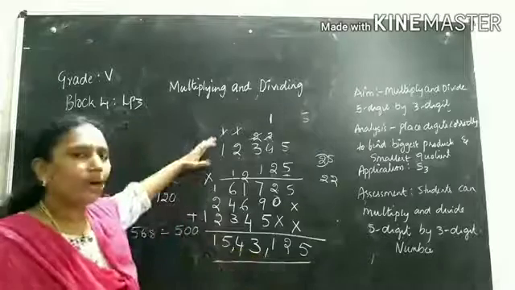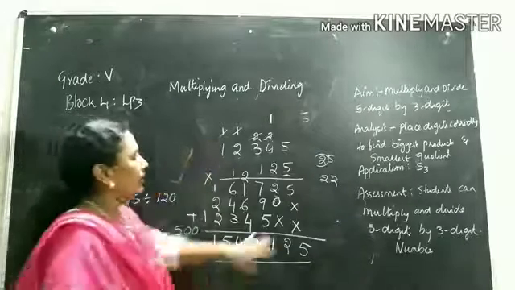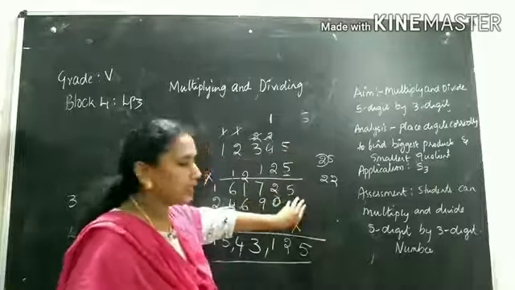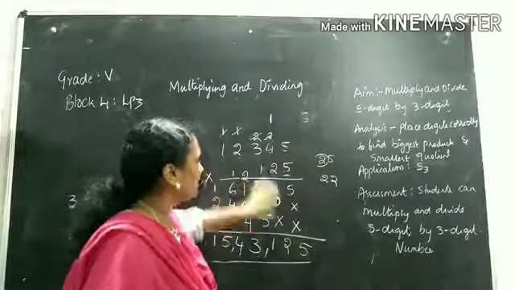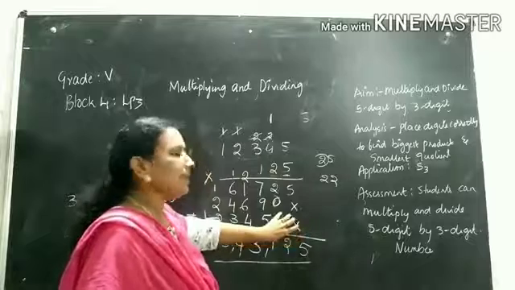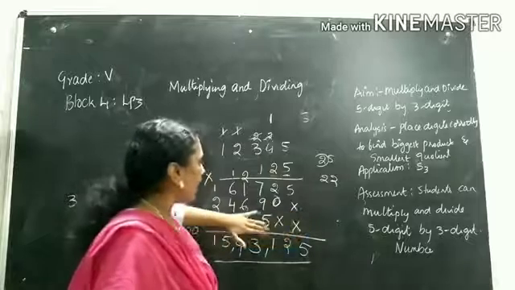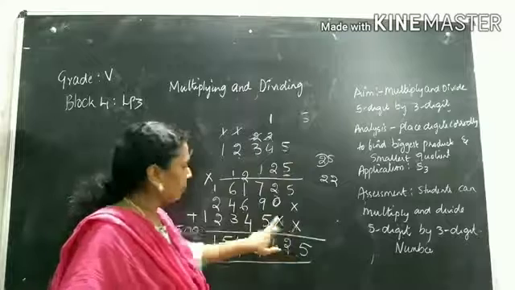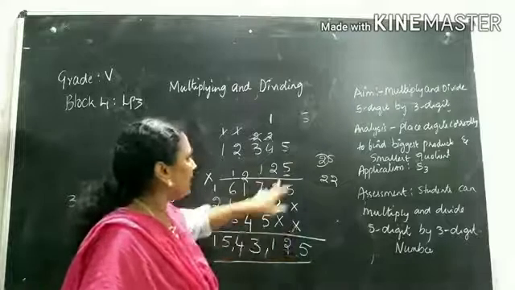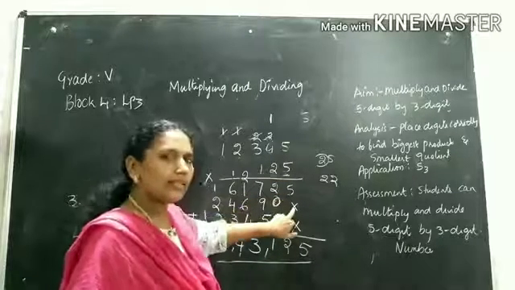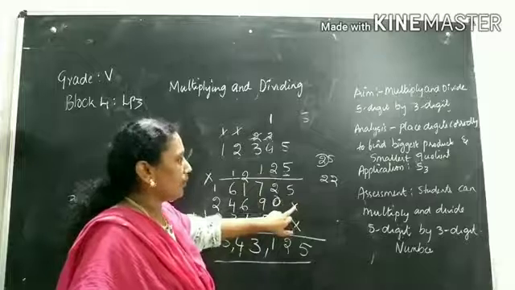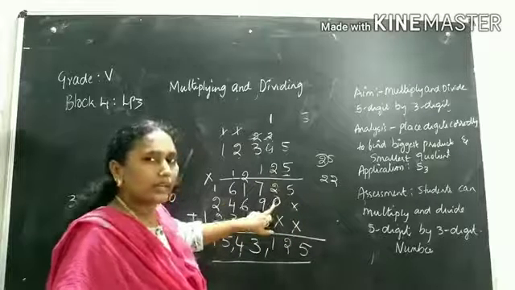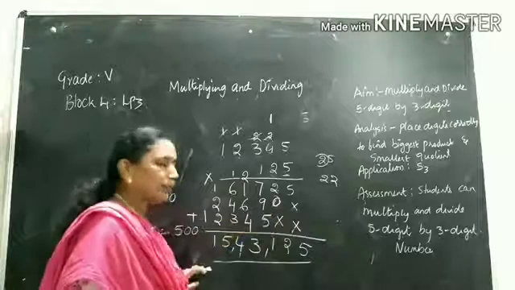1,543,125. Now we know how to multiply. See here. When I multiplied with tens, I kept the ones place empty. When I multiplied with hundreds, I made the ones and tens places empty. I did not write the answer there. When I multiplied 5 1s are 5, I did not write at the ones place. When I multiplied 2 5s are 10, I did not write the answer at the ones place. Why? Because I am multiplying the tens. So I started with the tens and I got the product.